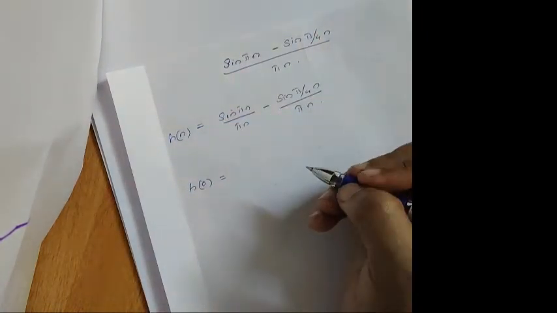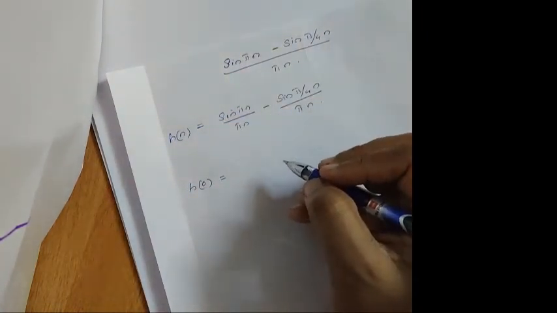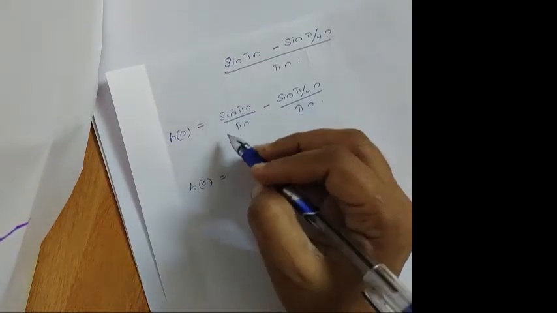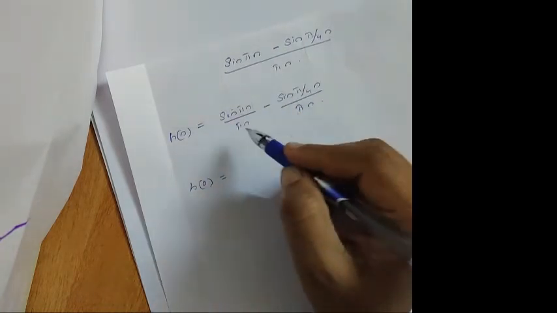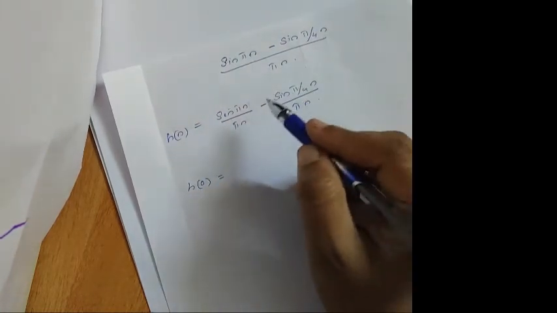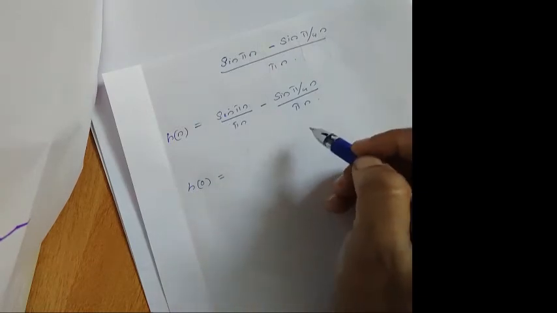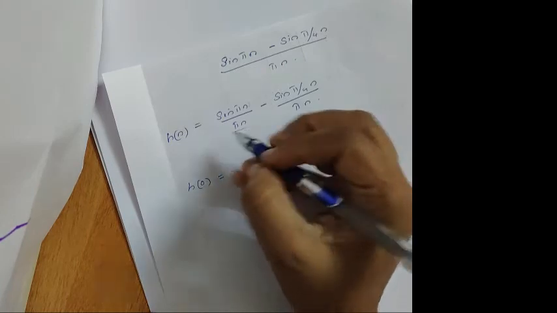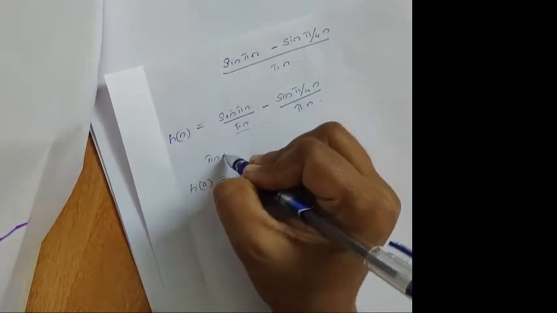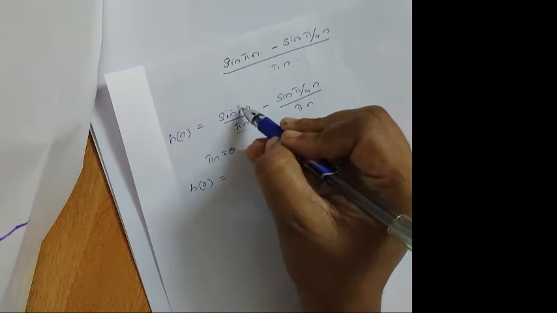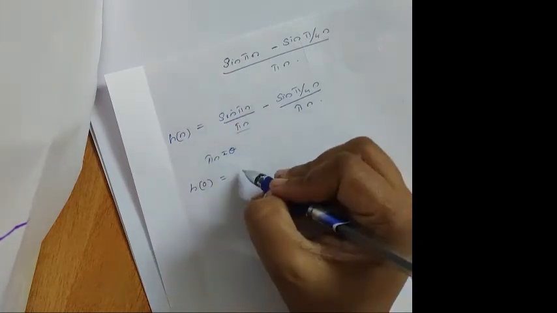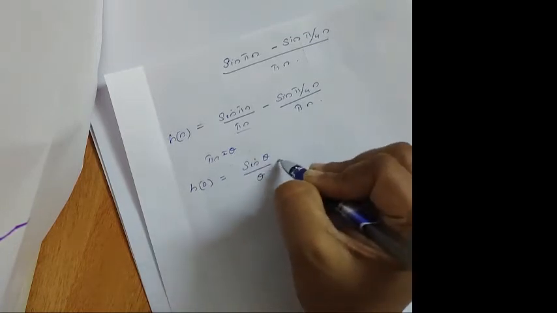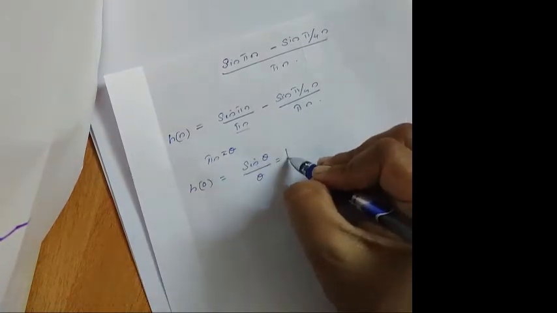Now when you want to find the h of 0, you have to substitute 0 over there. For that, what I've told you, when you are putting 0 over here, the sin will be 0. So whenever you are giving 0, it will be 0. To avoid that, you have to apply the limit. So you have to see what is in the denominator, that is pi n. So you are giving pi n is equal to theta. So what happens here, also it will be theta. So sin theta by theta is equal to 1. Sin theta by theta, now you got, isn't it? It is equal to 1.